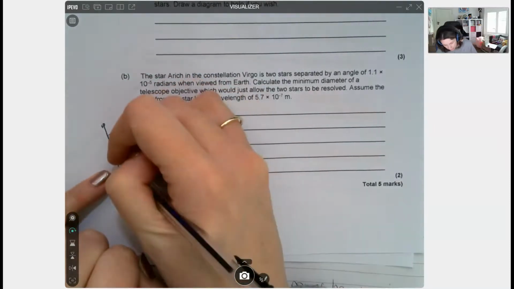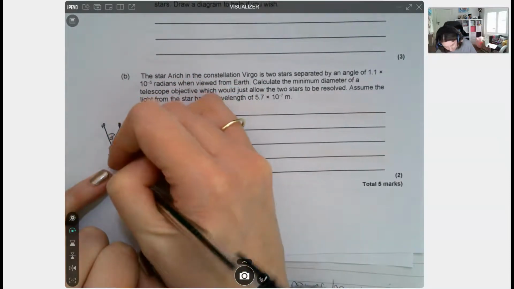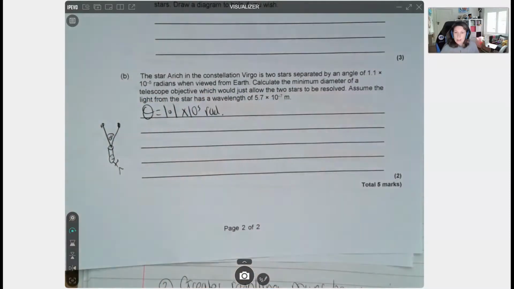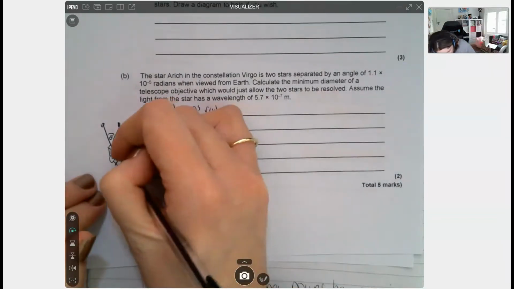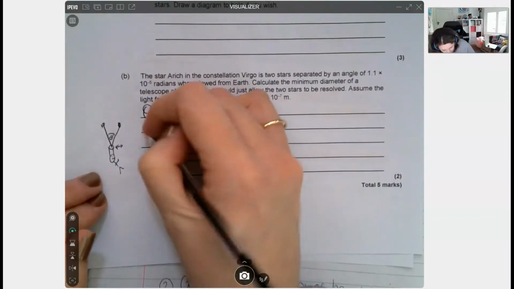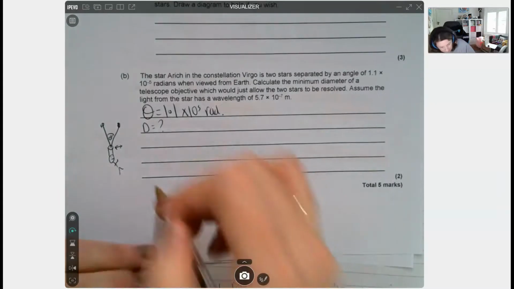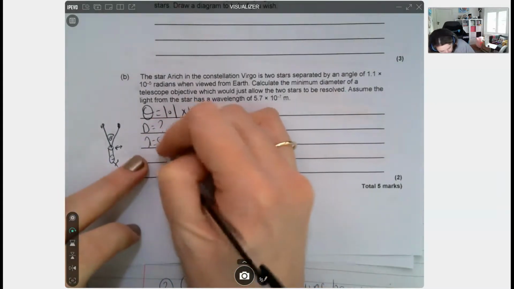Okay, so here's you with your telescope looking at them. Calculate the minimum diameter of the telescope. So how wide does this telescope aperture have to be to observe star of wavelength 5.7 times 10 to the minus 7